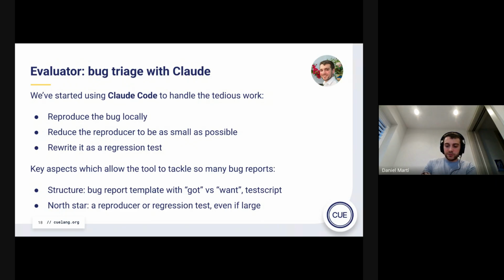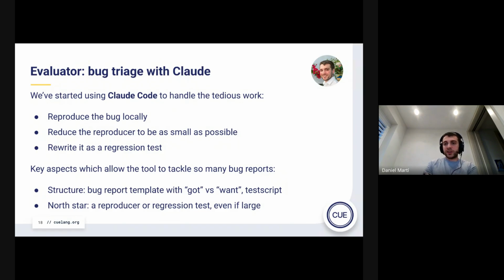And the other aspect that makes the model work pretty well is the fact that, at least with bug fixes, the North Star is pretty clear, and it's just a binary. Does this panic still occur? Is the output the expected output? Things like that. So that allows us to, for example, do the reduction without a human getting in the way of like, no, this is the right path or the wrong path.